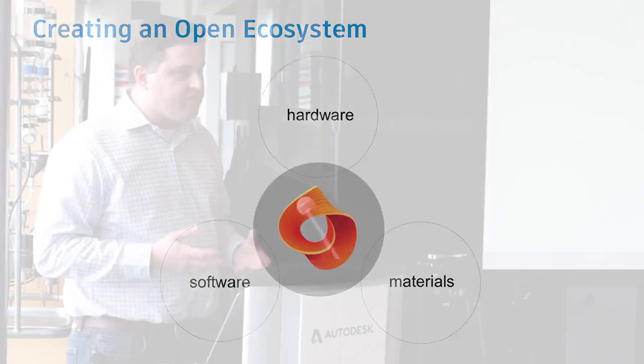Fundamentally, that's what Spark is. It's the core layer that says, whether you have a software application, a hardware application, or materials, or a new material, you can play with each other. Right now, the way the market works, you have to do a deal with every particular hardware company, try to do a deal with a materials company, and then patch together a series of software